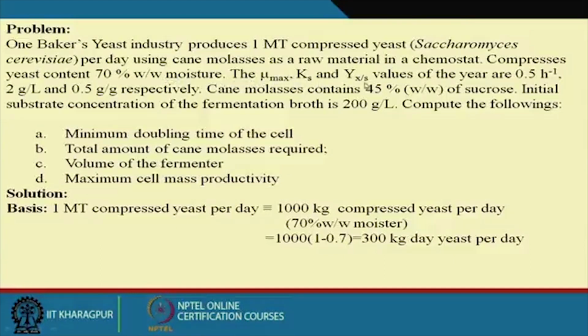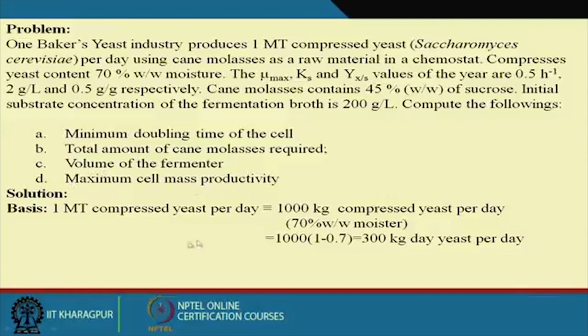The mu max, Ks, and Yx by S values of the yeast are 0.5 per hour, 2 grams per liter, and 0.5 gram per gram respectively. Cane molasses contains 45% weight by weight sucrose. The initial substrate concentration of the fermentation broth is 200 grams per liter. Compute the following: the minimum doubling time of the cell, the total amount of cane molasses required, which is largely required in the fermentation industry, and the volume of the fermenter and